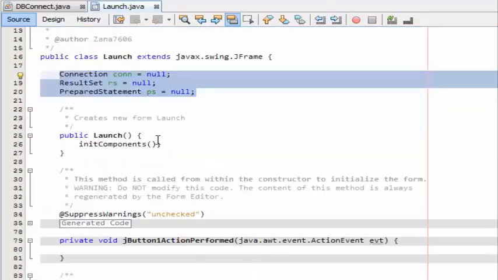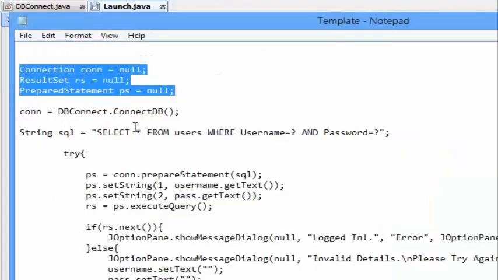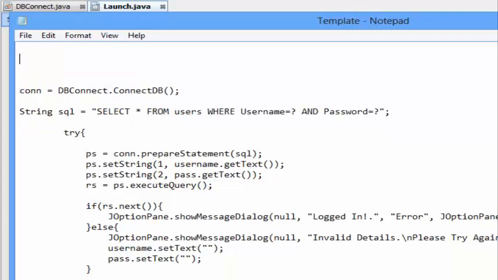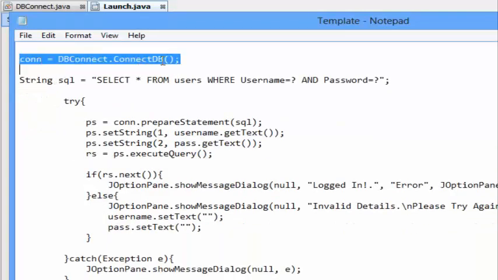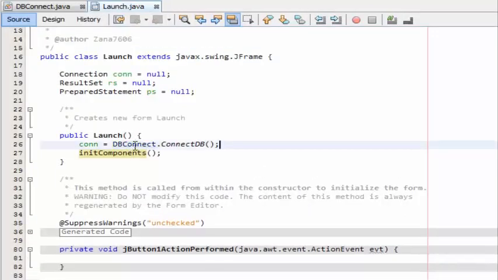Next, we need to put something else in here, right where it says public, and then my class name is launch. If yours is John, it's going to say public John. Right in here, right above where it says init components, you're going to put this in. What we did right here is as soon as this class launches, we set this